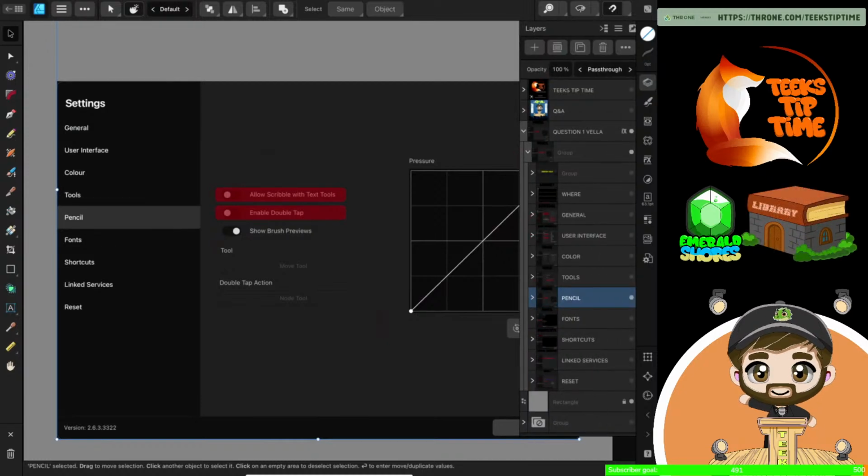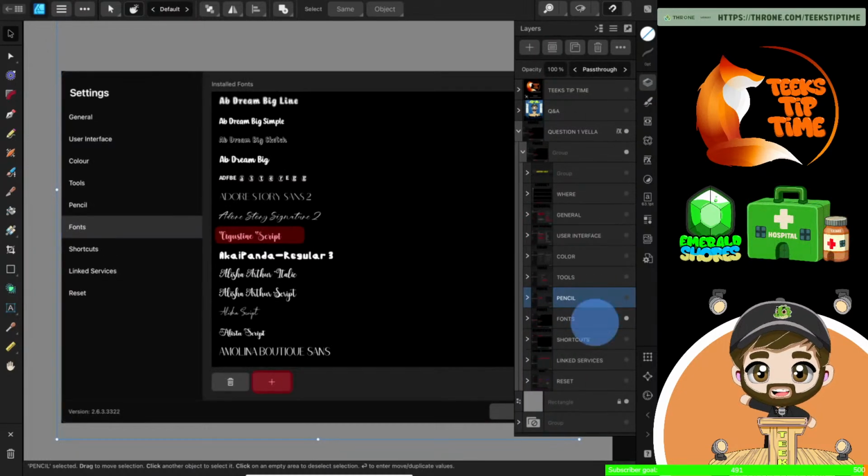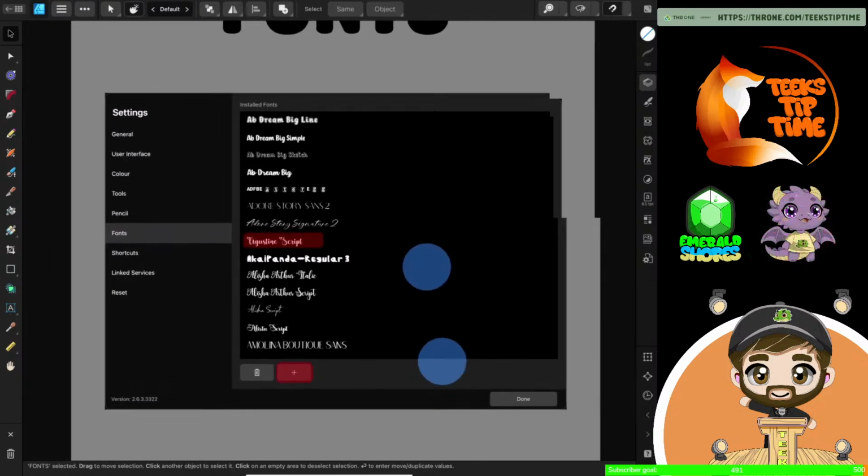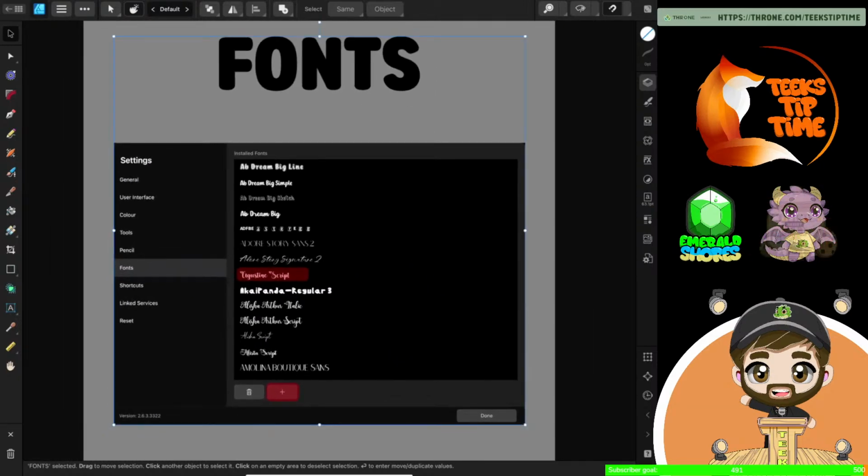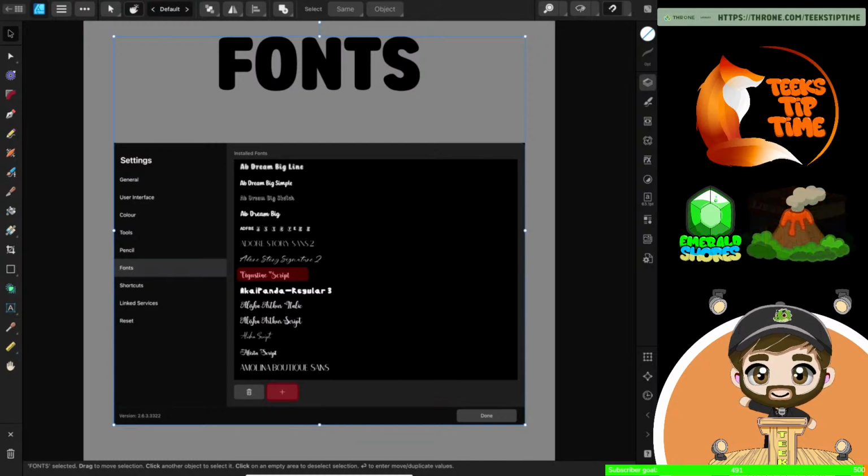I'm just gonna go to our next one. So this is fonts. Now this is cool because you can actually get fonts just for Affinity rather than getting fonts for the whole system like you would do on Windows, etc. You can do it on iOS as well, but this is purely for this app,